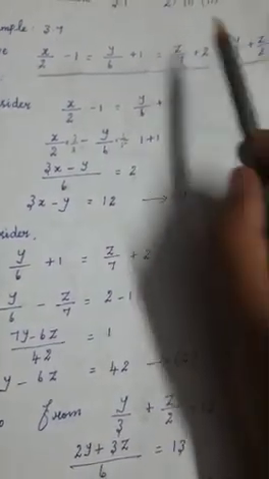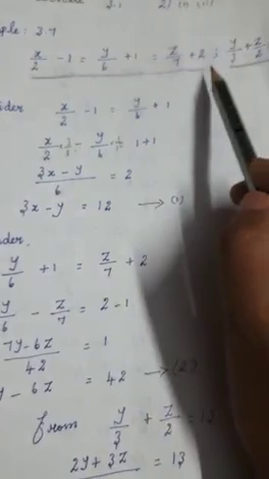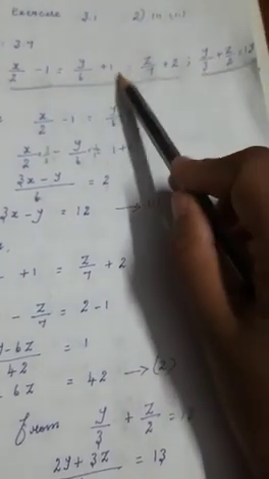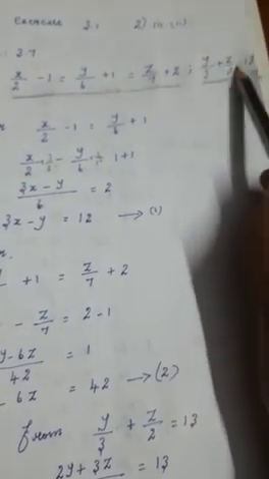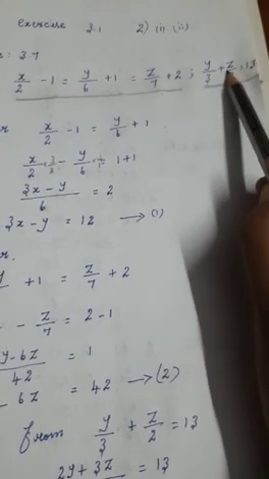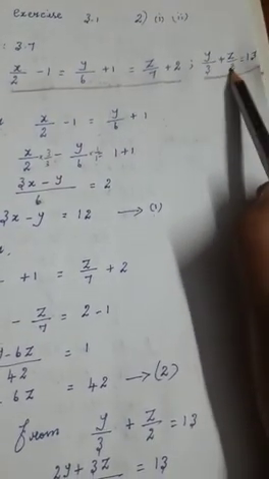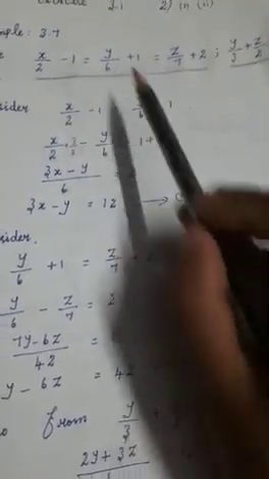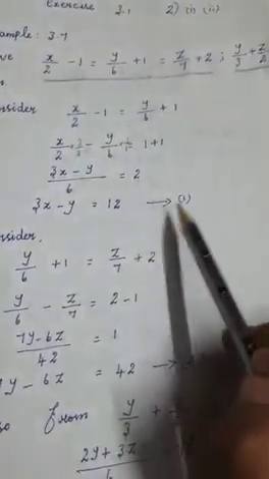Okay. So now see which two you can choose. Easily you can solve this equation. If you choose this and this, easily you can solve, because here also you have only the variables y and z. So this we will consider as equation number 3. Okay. So already from these two we have got one equation.